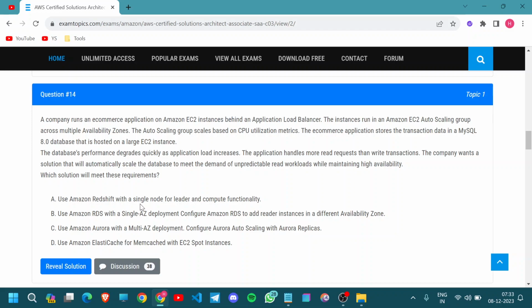Okay. The company runs the application on EC2 behind the ALB. The instances run in an ASG across multiple availability zones, scaling based on CPU utilization metrics. The application stores the transaction data in a MySQL database hosted on a large EC2 server. The database performance degrades quickly as application load increases. The application handles more read requests than write transactions. The company wants a solution that will scale the database to meet the demand of unpredictable read workload